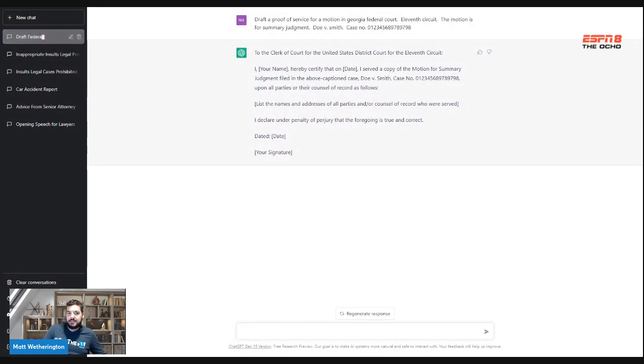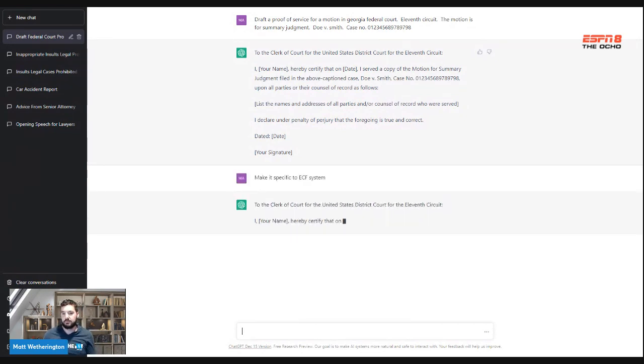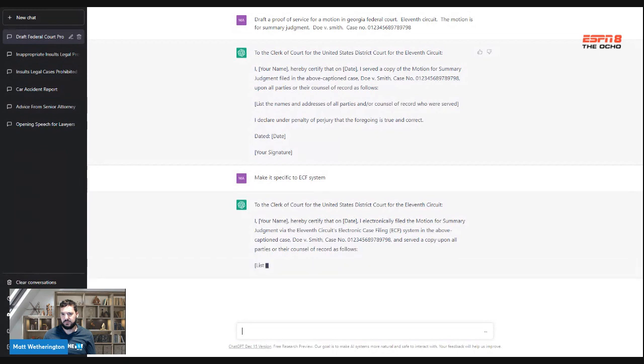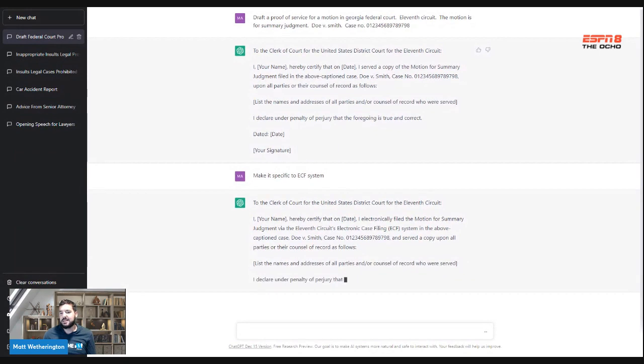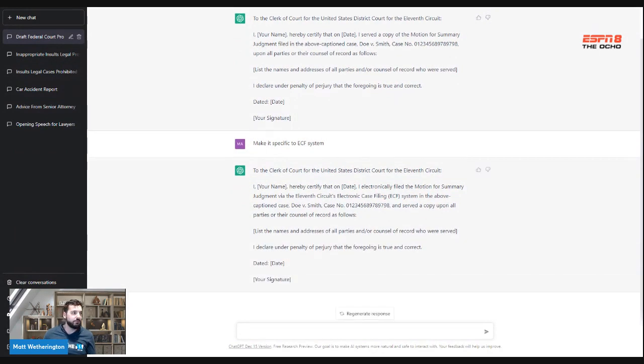So I don't like this. This is not something that I would be willing to use. So I can say, make it specific to the ECF system. And like, this is something that, again, you can use as a jump off. Like, I don't have a problem with this. Alternatively, you can ask it to draft a,